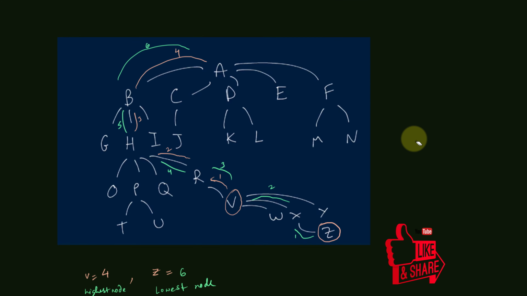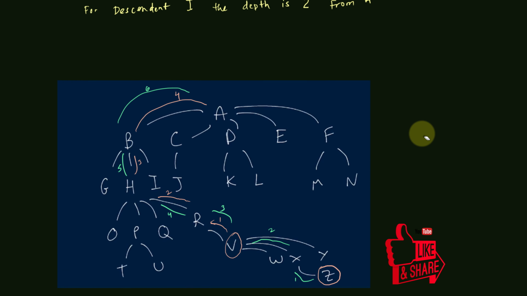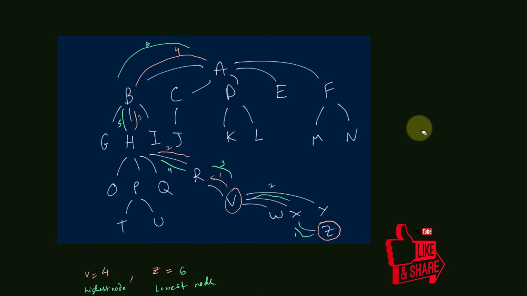So let's take another example. Suppose you want to calculate the common ancestor between V and Z. V for van, Z for zebra. Want to calculate that. So the first thing we will do is we will count our depth of V